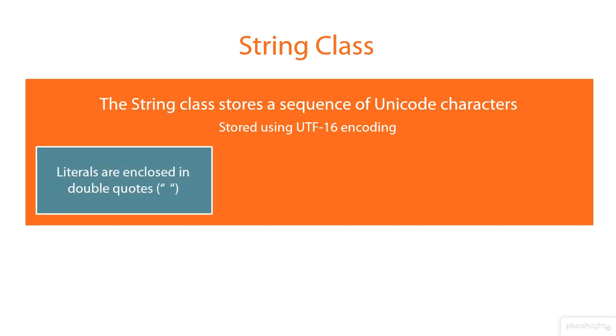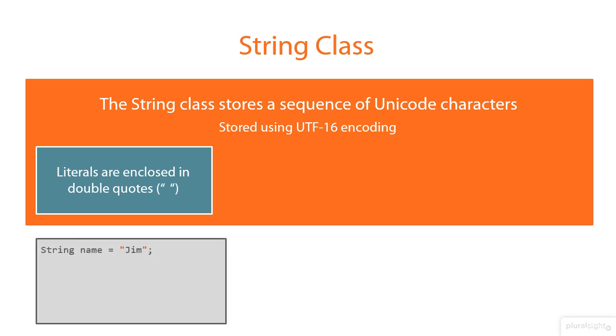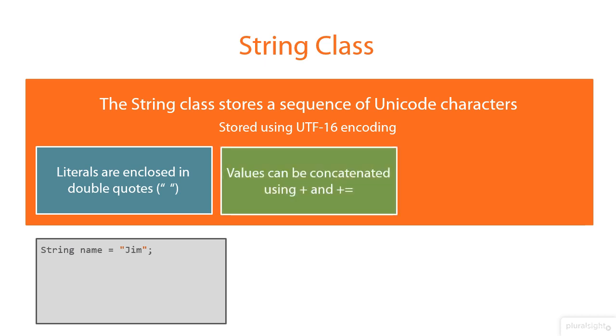Literal strings are enclosed in double quotes. So let's say we want to have a variable called name and assign it a literal string. We simply declare it as String and assign it the literal string Jim enclosed in quotes. We can easily combine string values using the plus or plus equals. Plus combines two strings and gives you back a new string. Plus equals adds a string onto the value of an existing string. So if I want to do something like print out hi Jim, I can use our println method, put the literal string hi, and then add a plus sign and name after that, and that will print out